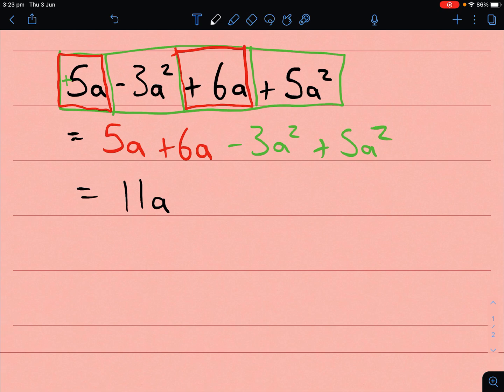So if we've got 5A plus 6A, that's 11A. If we've got minus 3A squared plus 5A squared, then starting at minus 3 and adding 5, that will take us up to positive 2. So we end up with positive 2A squared. And that's our answer. So when you're adding and subtracting, it's really important to look at those different terms, those different Lego blocks. You need to look really carefully to make sure that they are exactly the same as far as the letter part of it. And if they're the same, then you can go ahead and add and subtract them. But if they're different,